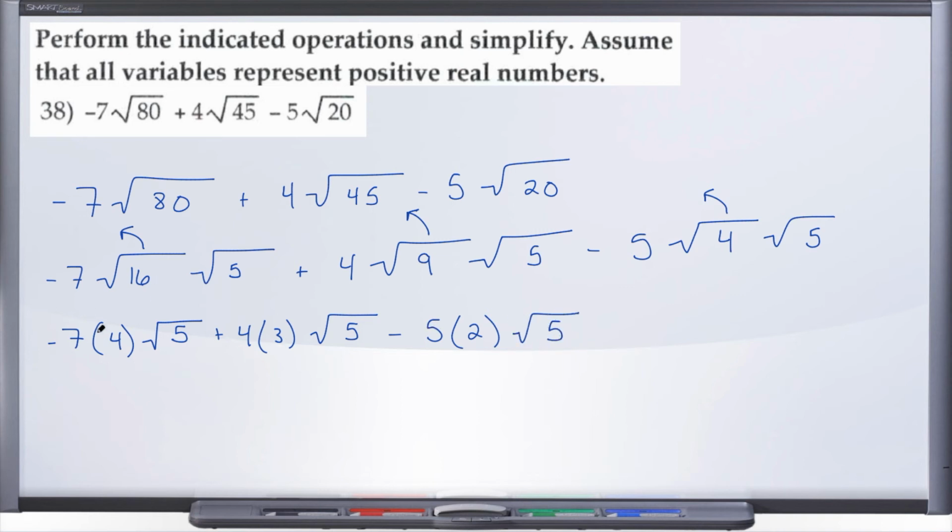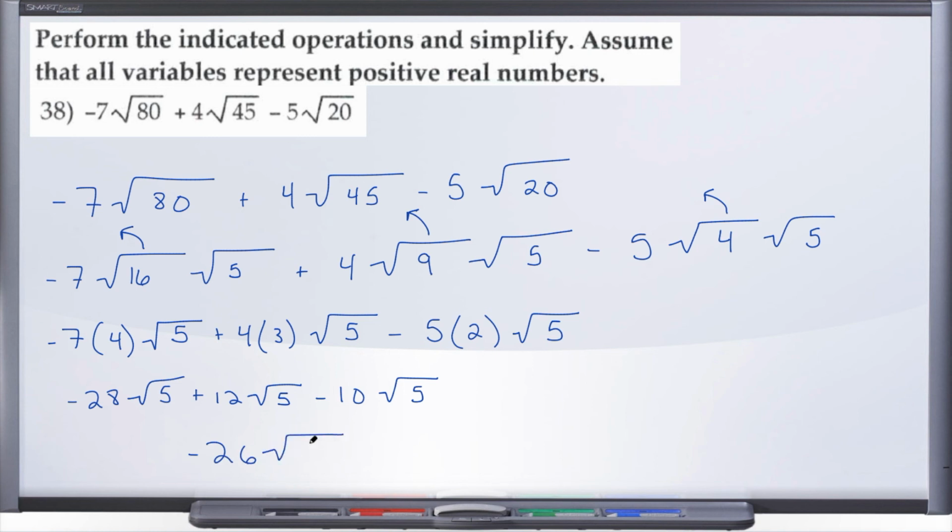All right, let's go through this. -7 times 4 is going to give us -28, and then rewrite our radical. Plus 4 times 3 gives us 12, and rewrite that radical. And -5 times 2 is going to give us that -10, rewrite our radical. All right, so now let's see what we have here. -28 plus 12, well, that's going to give us -16. Minus 10 is going to give us -26, right? So here we're going to have